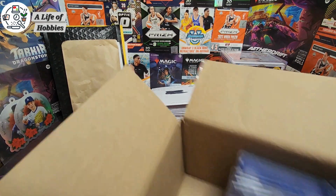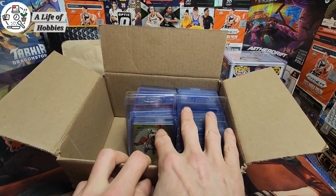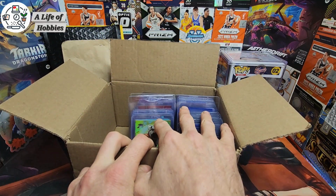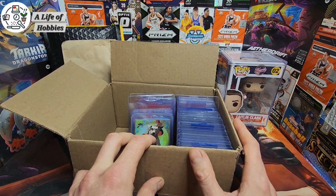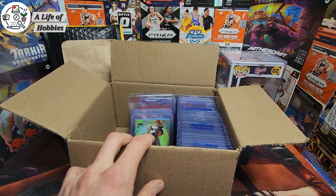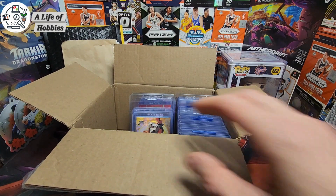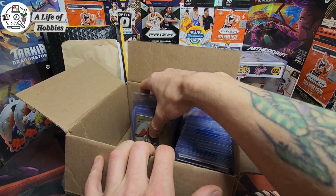To go along with our mail we got opening up here today, I've also got a whole bunch, if not the majority of the hits we pulled this year from all the different stuff that we opened up. Obviously there's a bunch of cards that are in binders, like the Badger Mole Cubs and the Wan Shi Tongs and things like that. Even some of the bigger hits in the sports and whatnot, they're in the binders that they belong in, right? So you're not going to find them in here, but they're in the binders that I pulled up and shown you here previously. And so we're going to go through and see a year in review as we look through